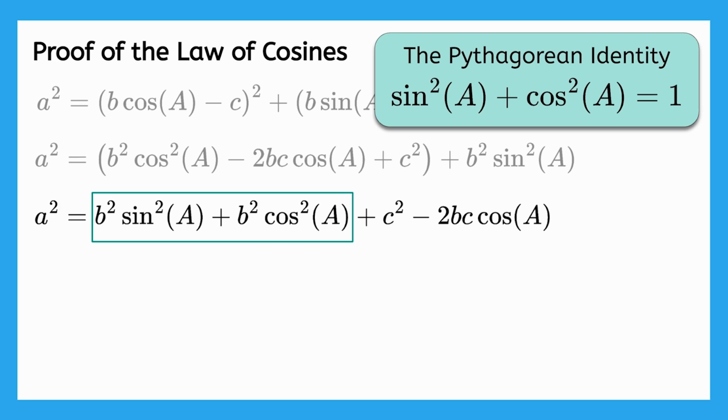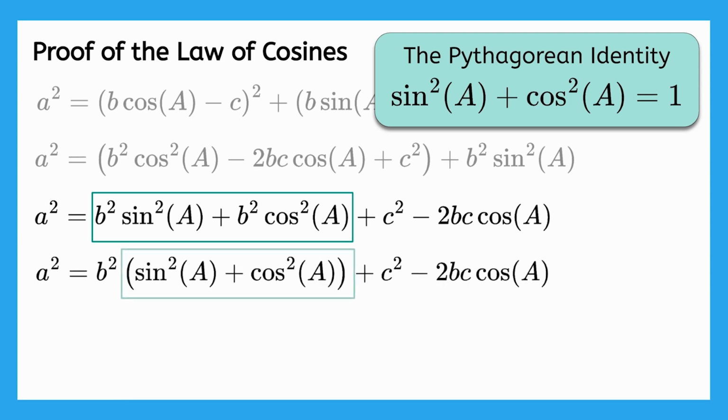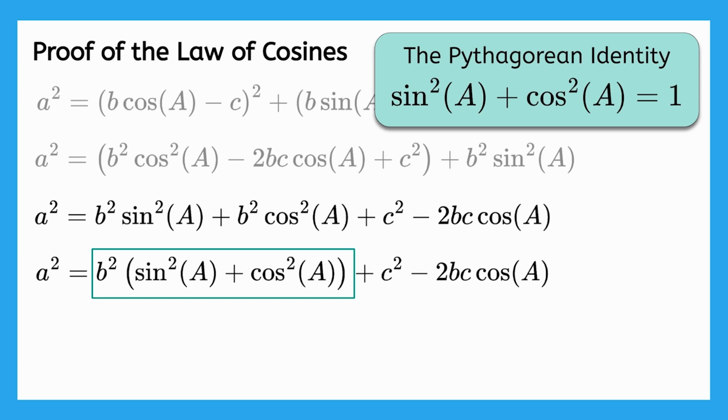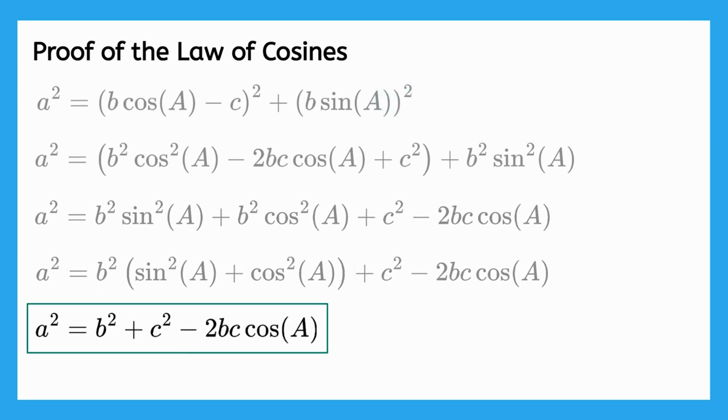What do these first two terms have in common? When terms have common factors, what do we do? Right, we can factor out the b squared. And this part becomes sine squared A plus cosine squared A. And the Pythagorean identity tells us that this part is equal to 1. So the entire equation simplifies to a squared is equal to b squared plus c squared minus 2bc cosine A,